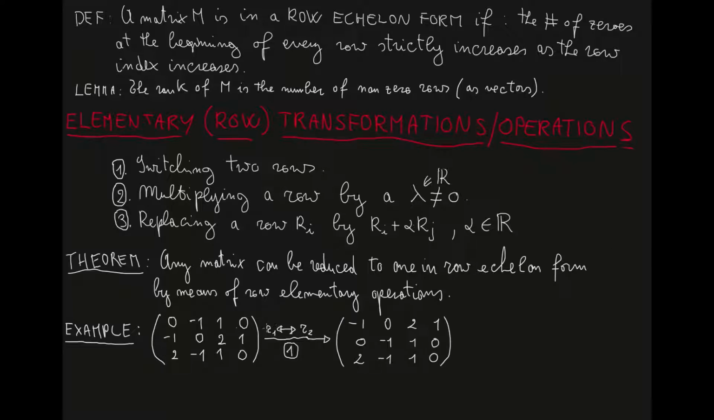So I have indicated here the operation. The operation is the first kind of elementary operation, and it involves switching the order of row 1 with row 2. We will get this matrix in which the second row becomes the first and the first row becomes the second. Okay, so now we are in a different position because the first row has no zeros here